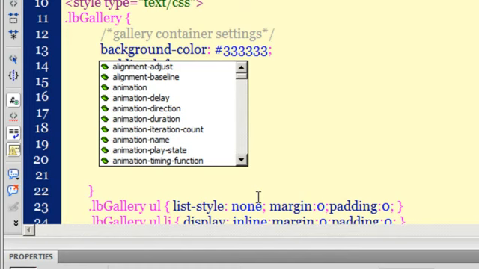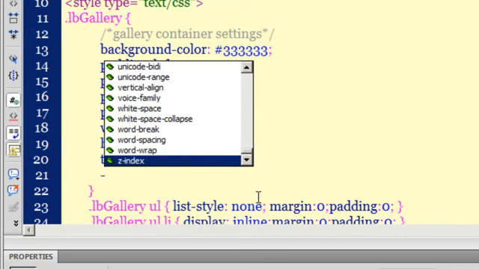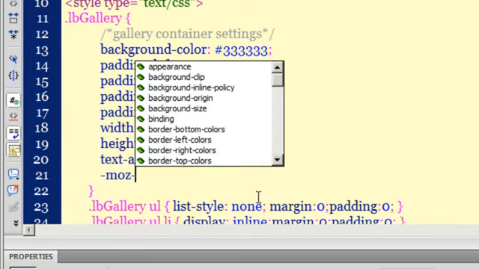When it comes to rounded corners and drop shadow, we will be using CSS3, and for CSS3 we need to prefix a dash moz dash for Mozilla Firefox, a dash o dash for Opera, and a dash WebKit dash for Safari and Chrome. But I'll not be coding for either Safari or Chrome, or even for Opera. I'll be confining myself to Mozilla, so I'll be using a dash moz dash, and then I'll be saying